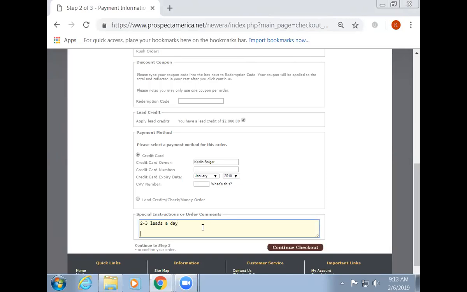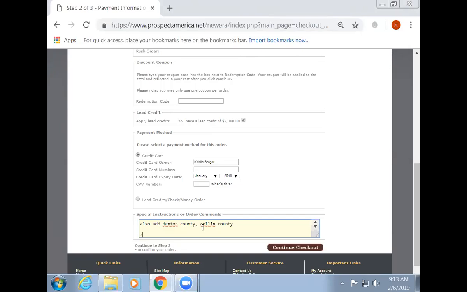Also, there is only an option for 3 counties. If you can work some additional counties, you can do so here. This is also where you'll put specific instructions about zip codes. We don't have the option to select a zip code order initially, but you'll select a county that's within those